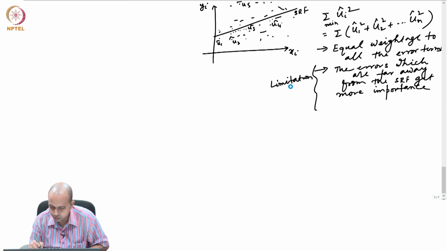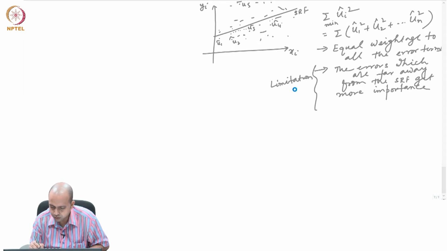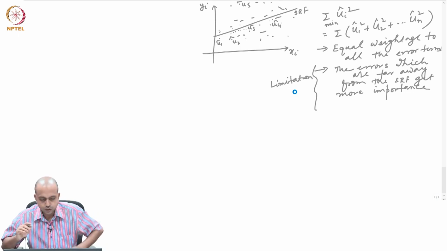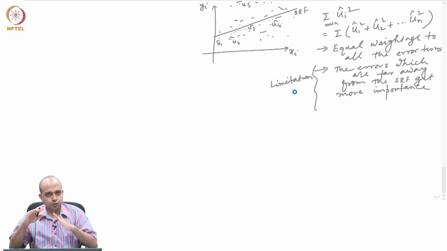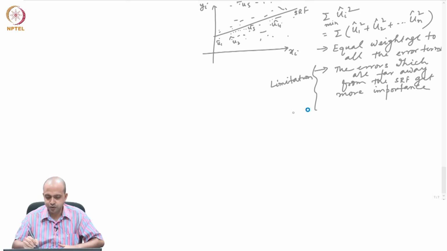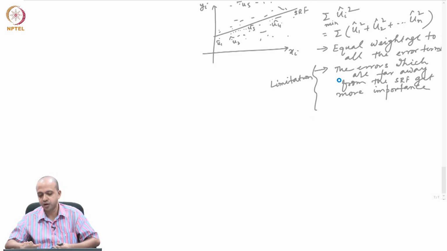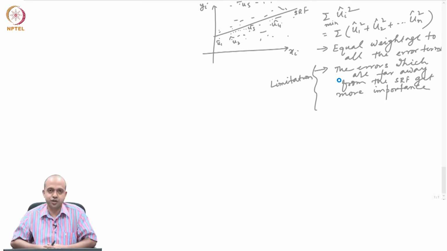Putting equal weightage on u1 hat square, u2 hat square and all these terms gives us this type of problem, and we will overcome this using our